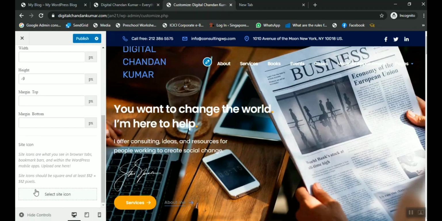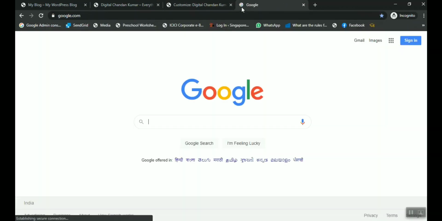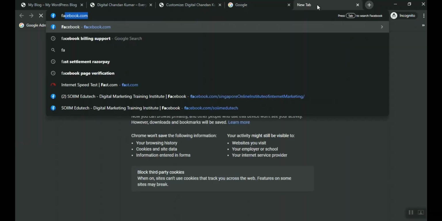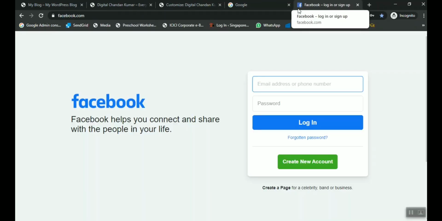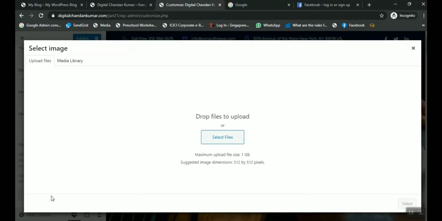Now, what does site icon mean? It means the logo, the default earth logo, showing on the tab in the left corner of the address bar. If you want to change it to your own logo, for example if I type google.com, you can see the Google logo come here. If I type facebook.com, the Facebook logo will come here. In the same way it will show your own. So if you want to show your own logo, simply click on site icon and select the image that you want.